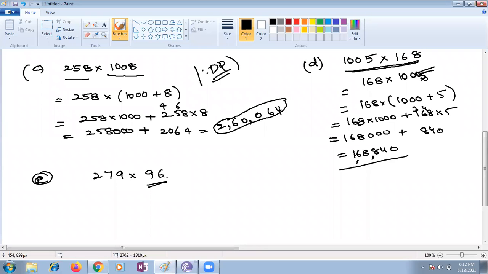Yes, no, ma'am. 96, we can write 100 minus 4. Shall we write 100 minus 4 instead of 96? No, ma'am. Who said no? Ma'am, 96 can be written as 100 minus 4. I have 96 chocolates. You can write it, ma'am. Shall I write here? Yes, ma'am. You can write it like that. Very good, very good. Why?